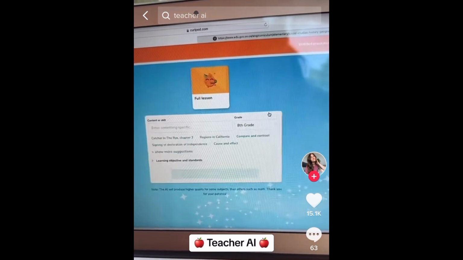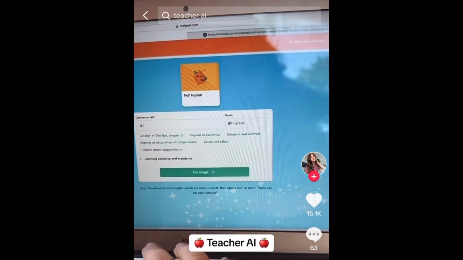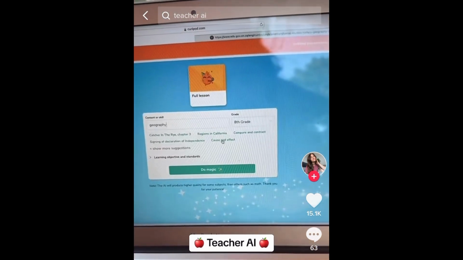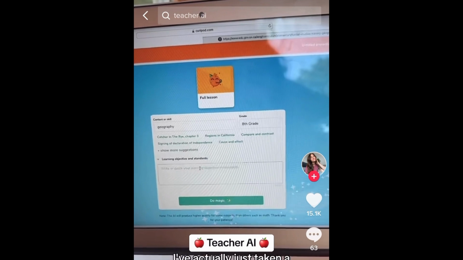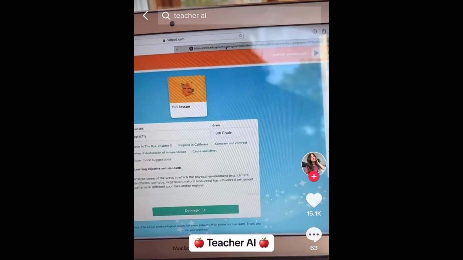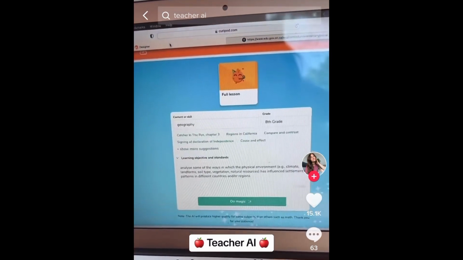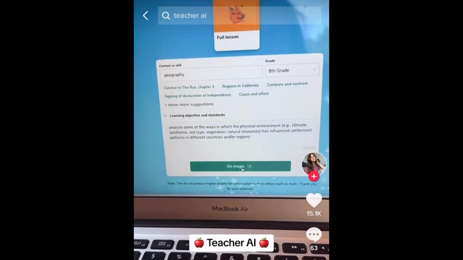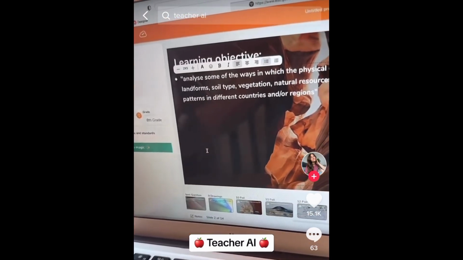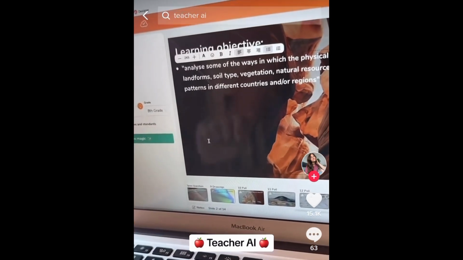So I'm going to hit generate slides. I'm going to put geography in here and show you this magic. And then down here, I've actually just taken a curriculum expectation from the Ontario curriculum. The tab is open here. This is the one I copied and pasted. Don't come up with your own prompts. And click do magic. So you can see down here, it created 14 different slides for me, including the learning objectives, activities, polls, and different information.